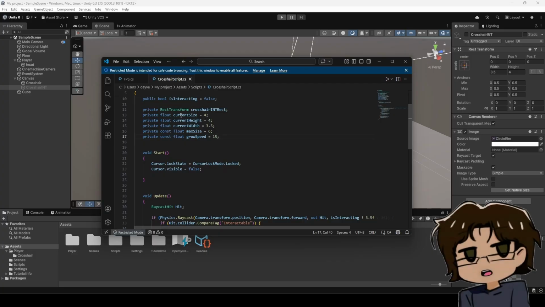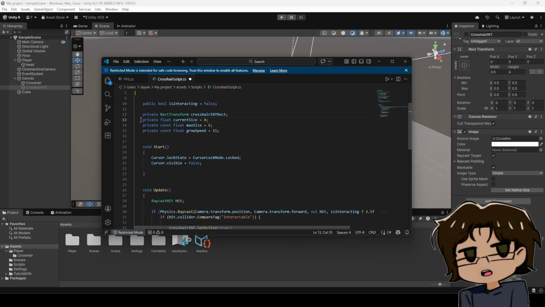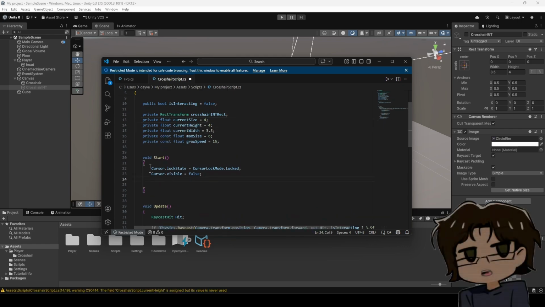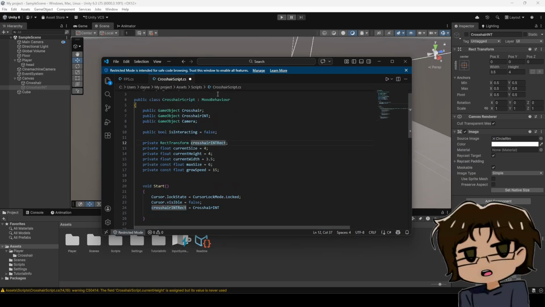Now I'm going to explain this real quick. You could go ahead and fully delete these two lines right here and just keep these current size. Now, inside of void start, we're going to do crosshair interactable rect equals crosshair int, which basically we're taking this new variable we just made and taking this old crosshair that we had